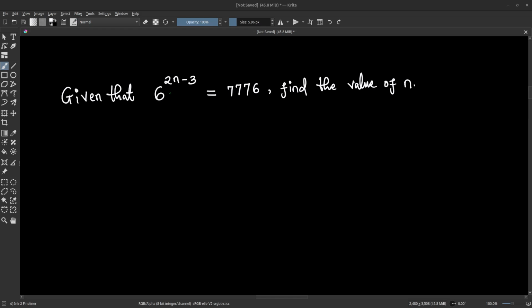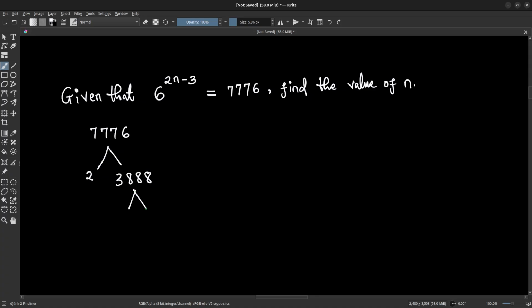Given that 6 to the power of 2n minus 3 is equal to 7776, find the value of n. The key to this one is finding the prime factors of 7776. So when we take 7776, we can of course divide it by 2, right? So 7776, I'm using my calculator here, divide by 2, that's going to be